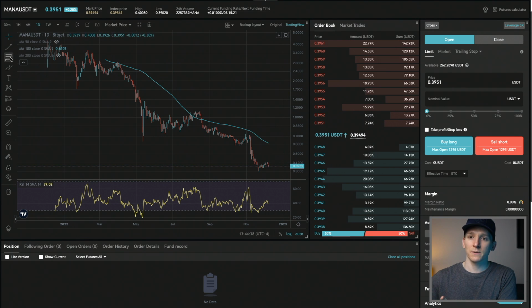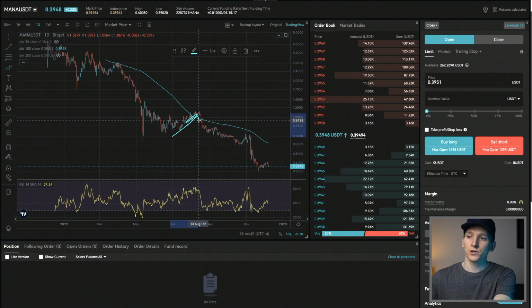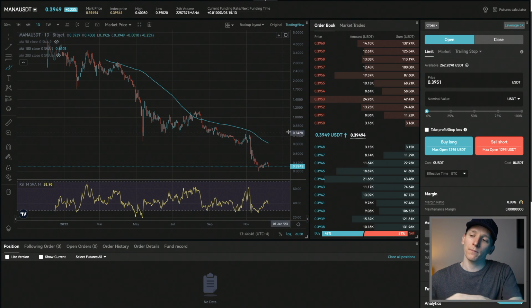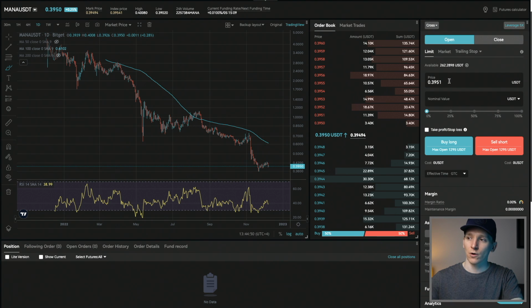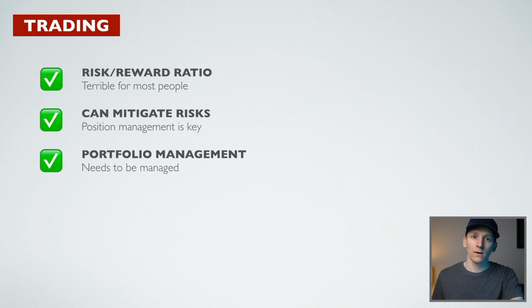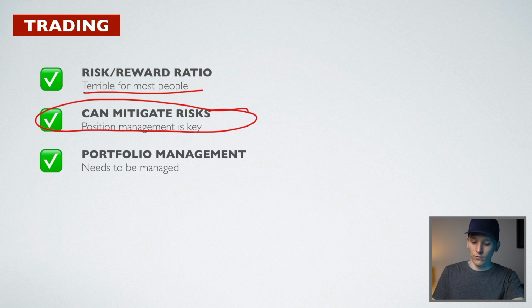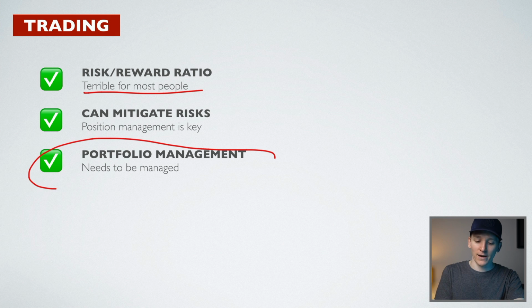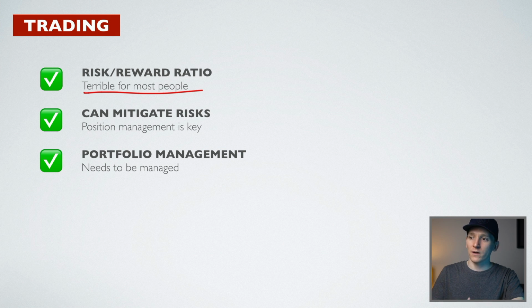Now, trading is extremely dangerous because what you get with cryptos is these very short, sharp rallies, as you can see here, which can wipe you out completely. And so I wouldn't recommend trading for most people, and using leverage is not recommended for most people either. But it is a way that people will try and make money with cryptocurrency. Terrible for most people. You do need to mitigate your risks extensively, and you need to manage the portfolio as well. I've got some videos on trading and how to manage portfolios and how to manage trades, so I'll leave them in the description as well.